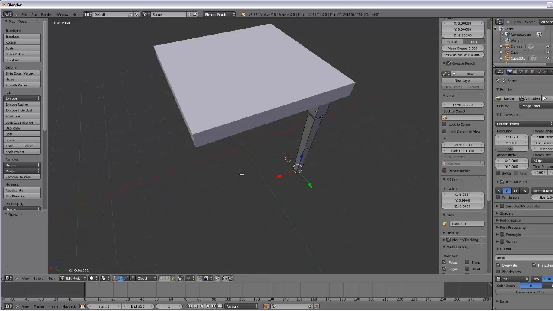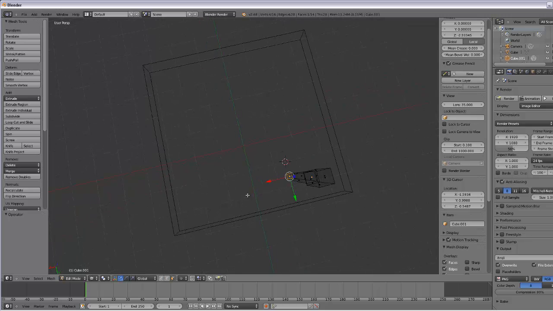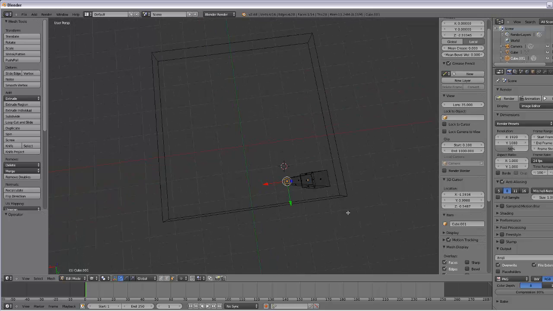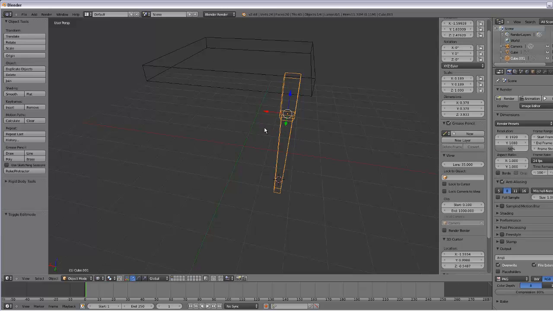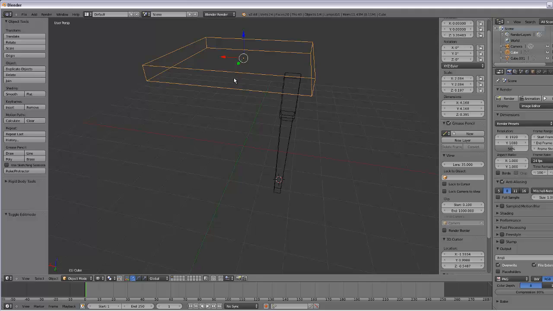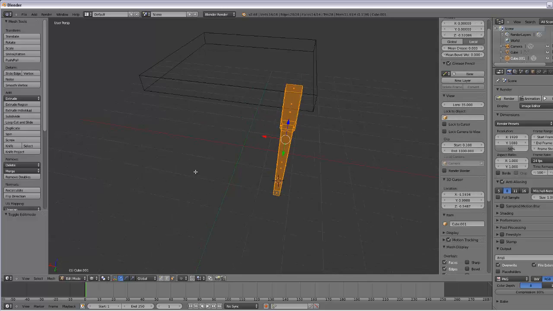Okay, now that we've got one leg, we want to duplicate it, and so I'm going to go to wireframe mode, hit Z on your keyboard, and I'm going to select all, and it only selects that, so I've got two objects here. If I go into object mode, to switch between the objects, I need to go to object mode by hitting tab, and then I could select either this object, the top of my table, or the leg. Okay, and then go back to edit mode, select all,